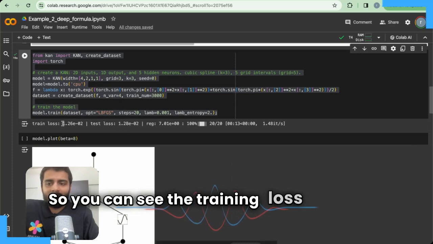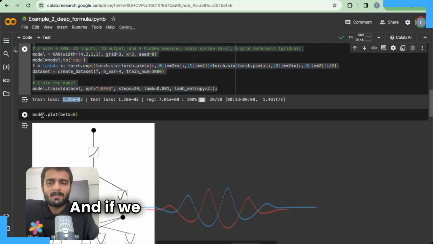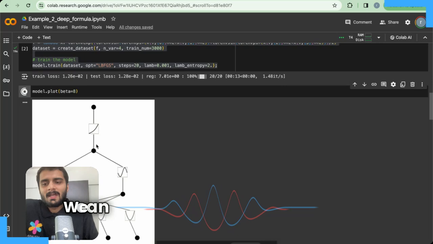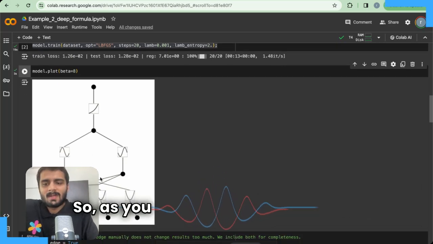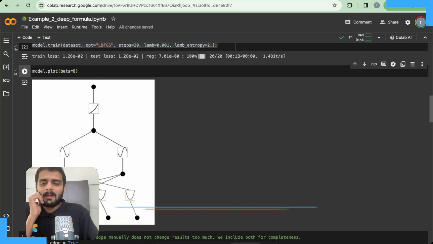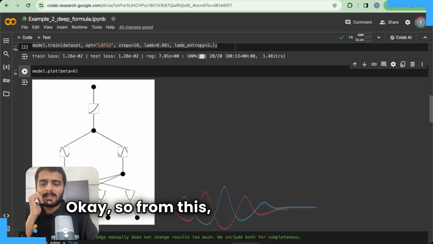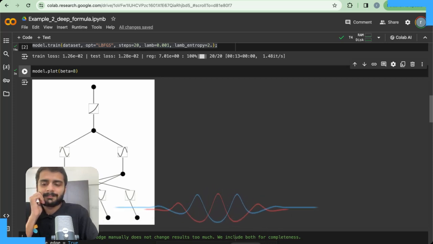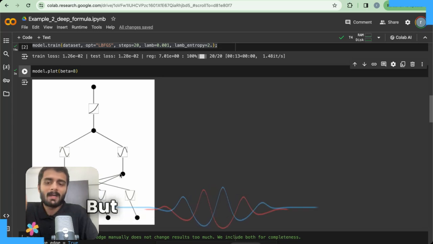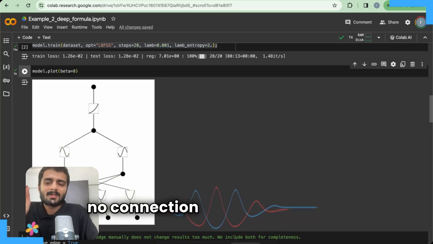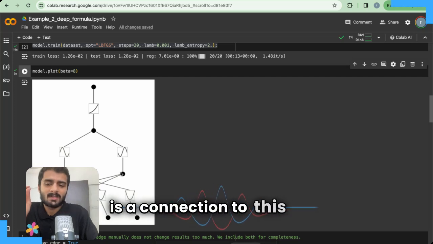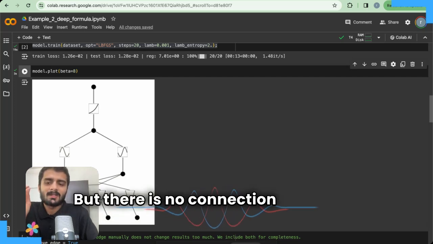You can see the training loss has almost reduced, and if we run model dot plot, we can get a representation of the KAN. As you can see, we have 4, 2, 1, 1. From this particular neuron, we can see there is a connection like this to the second neuron, but there is no connection to the first neuron. Similarly, from the second neuron, there is a connection to this one here, but there is no connection to the first